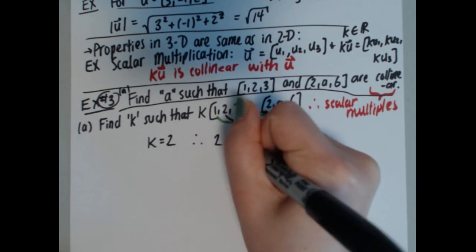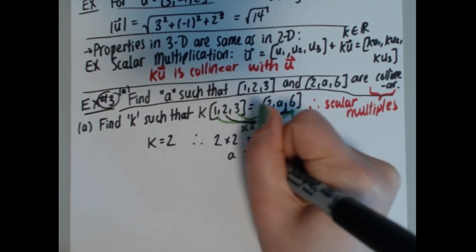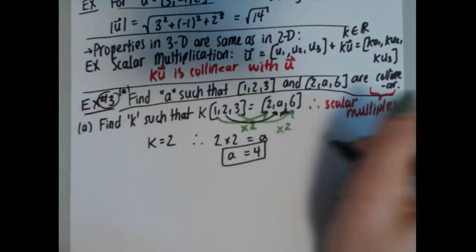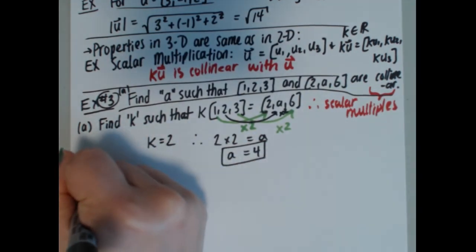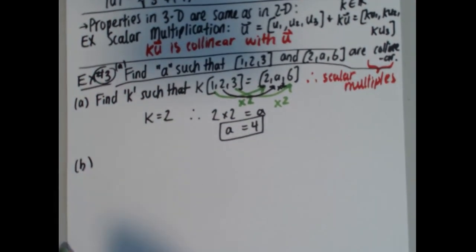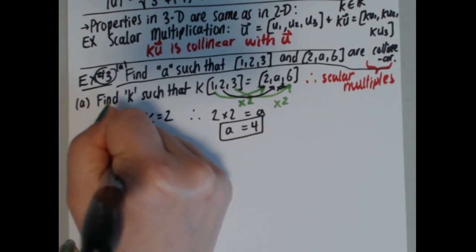So 2 times 2 is a, so therefore a is equal to 4. It has to be the same scalar multiple. Okay, let's try part B. Find b and c